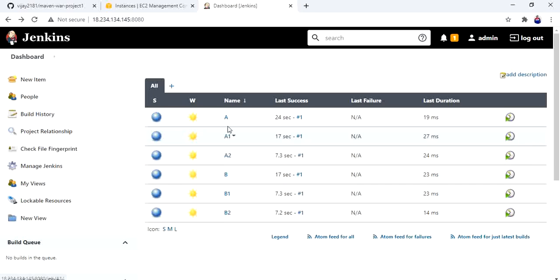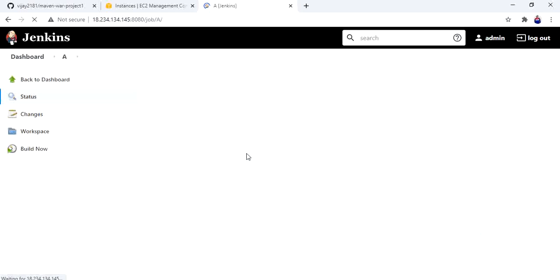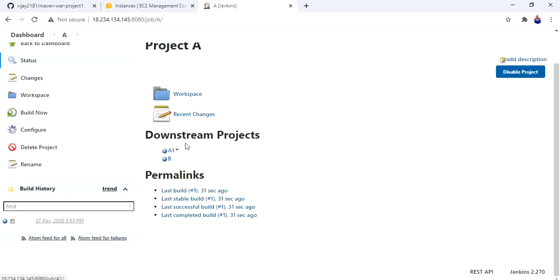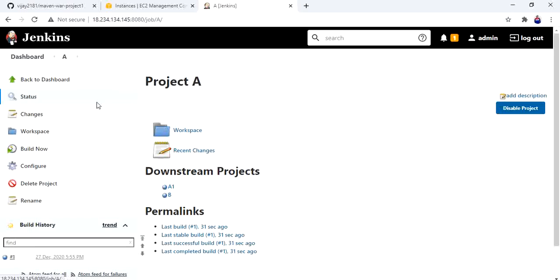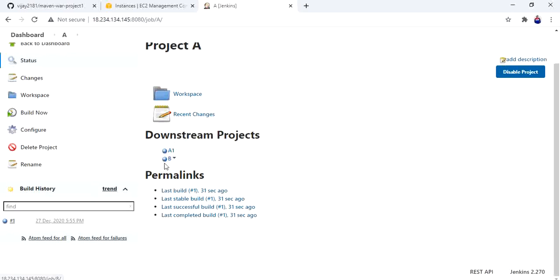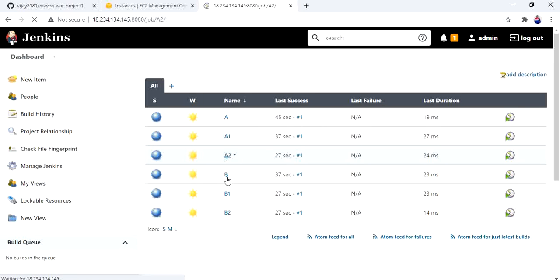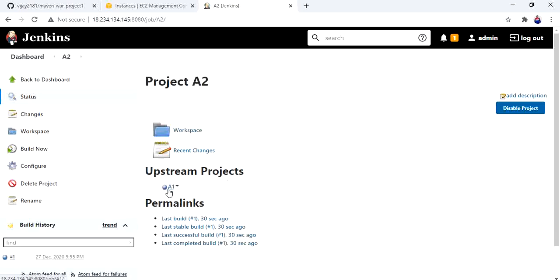Okay, so if I do build for A, A1 and B are triggered, and let me go to A2. So if I trigger A1, A2 will be downstream project for A1. So if I trigger A, it will trigger A1 and it will trigger A2.